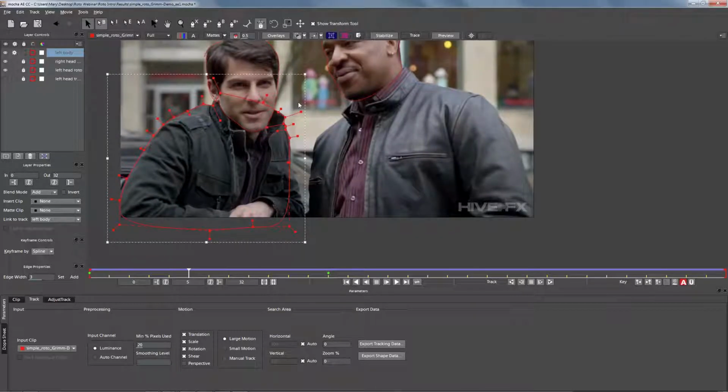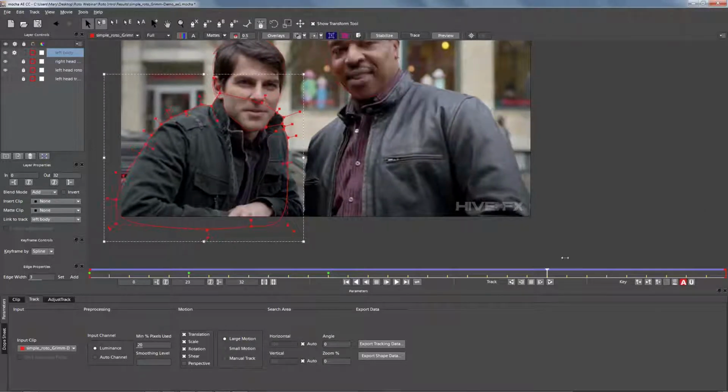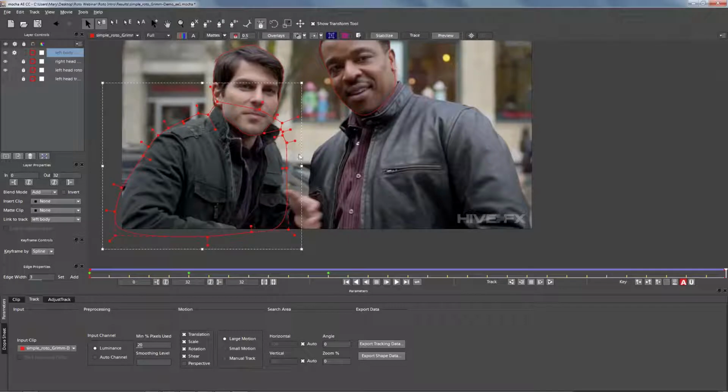So what we'll do here is, again, we'll look for those arcs of the animation. So I'm going to look for the arc of his collar moving, and we're going to look for the arc of this shirt moving, okay, and go from there. We can see that he tilts his head quite a bit, so we need to adjust that edge. All right, so now we're just going to correct here at the end of the shot. So we're just going to come in here, correct from here,